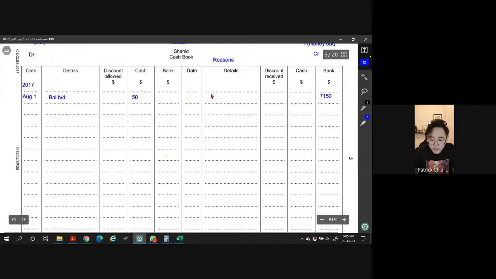So what do I do? Do I write bank overdraft here? Okay. No. All right. Don't write bank overdraft here, guys. Same thing, just write balance BD. Okay, in bank account balance BD on the right side, it represents the word bank overdraft. So you don't need to write the word bank overdraft. Never ever write that. Okay. Same thing August 1st. All right. So that no problem. Okay.